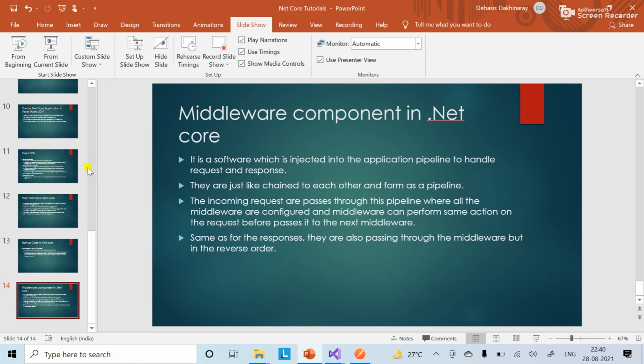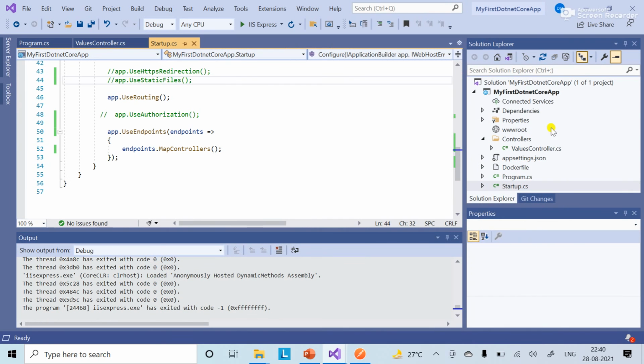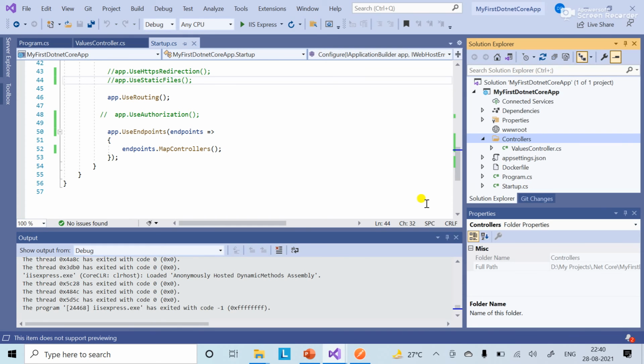So that's all about this video. We learned how we created a .NET Core application, what the program.cs and startup class are, and how we are testing through Postman. No need to go through it in detail. I will tell you whatever things are needed to start a project from scratch. In future we will create an application from scratch using .NET Core API as the backend API and Angular as the UI or front end. For that perspective, whatever things you need to know, I'm going to explain.